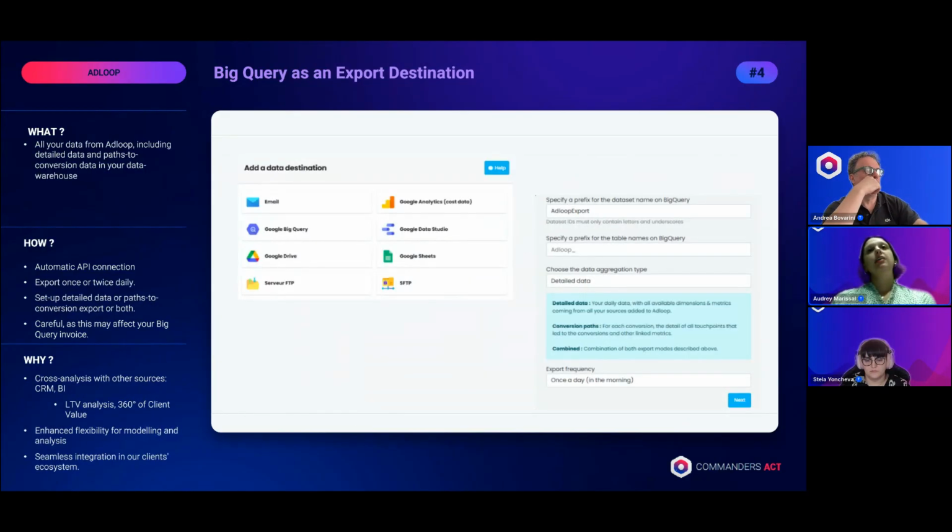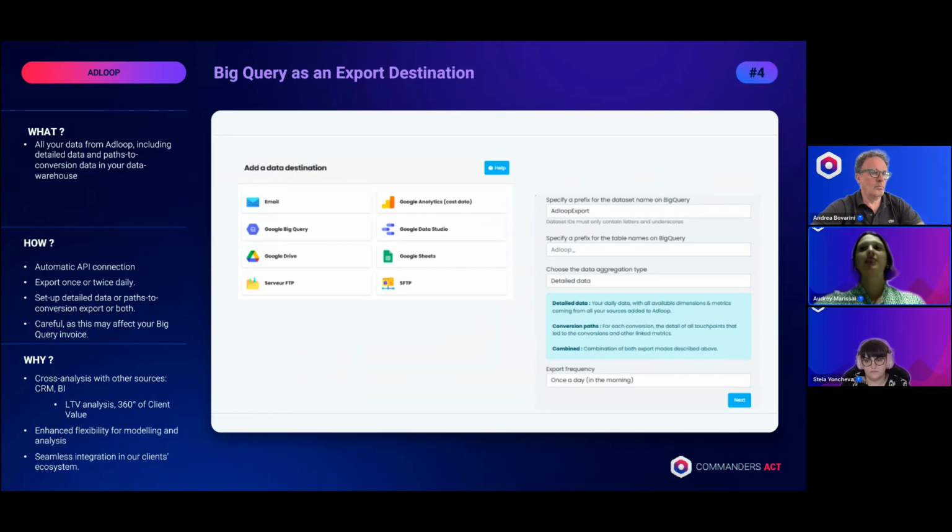Continuing with BigQuery, now we have BigQuery also as an export destination. Previously it was possible to export the Adloop data via email or to Looker Studio. But we had many clients or even prospects asking, but can we export directly the data into BigQuery?